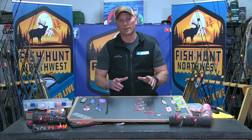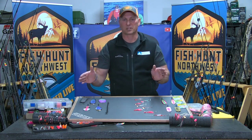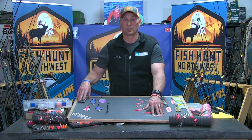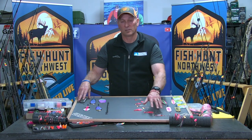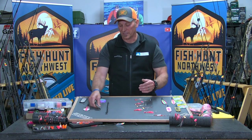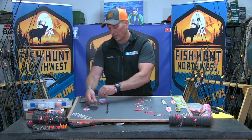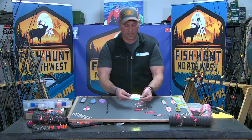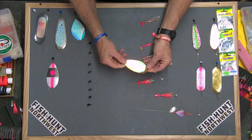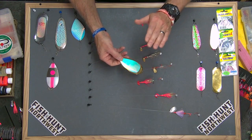2 or 3 rods, you have the option to put a different presentation on each rod. So maybe on one rod, I go with big flash on my lure, lots of UV, lots of glow, really trying to entice them. The next one over, I might start, as I had mentioned last week, I always start with something gold, especially if I have the moon jelly on there. Okay, I will always start with gold, and believe it or not, in minimal light conditions, this one actually works